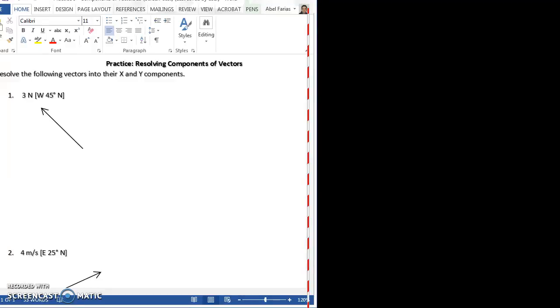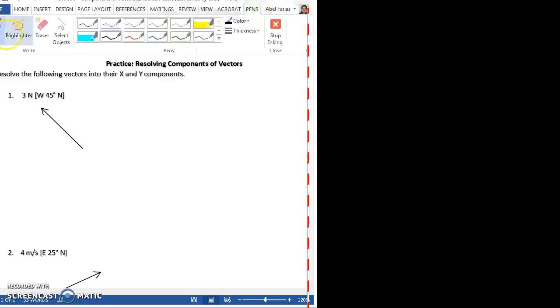Okay, class. So for right now, these are just resolving components of vectors. So we're trying to find the magnitude of the component of this vector using SOHCAHTOA. So what we do regarding this is that, remember, we read this specific